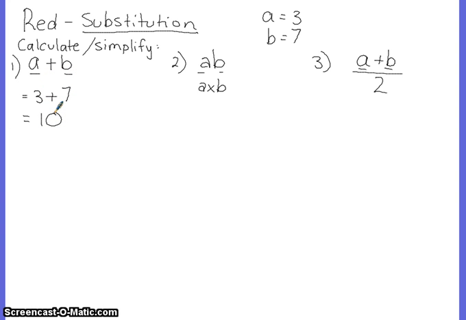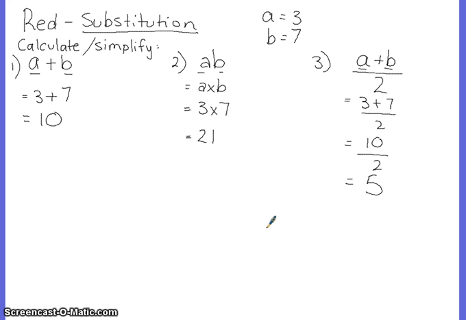That's alright. This one here we know is A times B, so how would this read back? 3 times 7, and that is? 21. Good. And Chris, this one? 10 divided by 2. 3 plus 7 divided by 2. 3 plus 7 is 10 divided by 2. 10 divided by 2 is 5. Now, they don't get much more difficult than that, but the issue that I want you to understand is